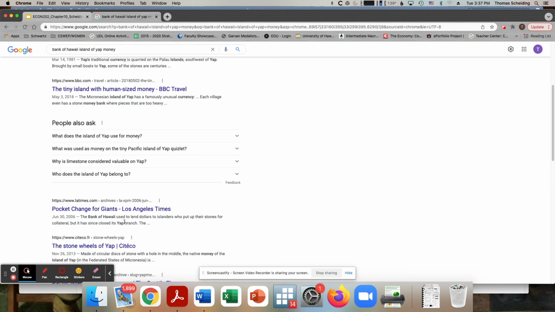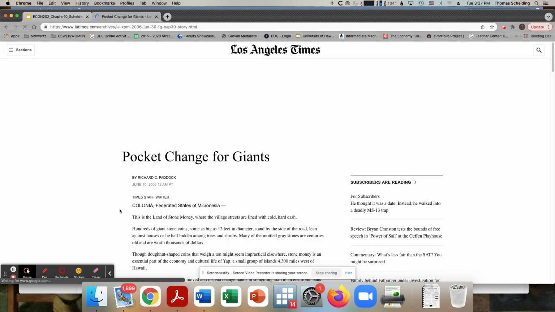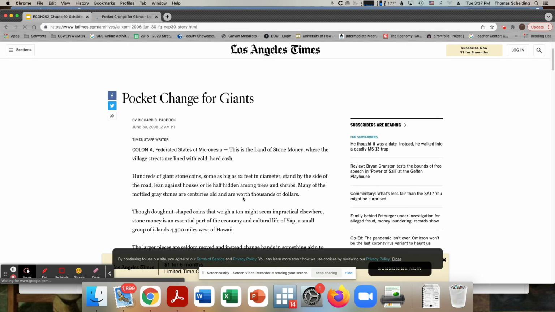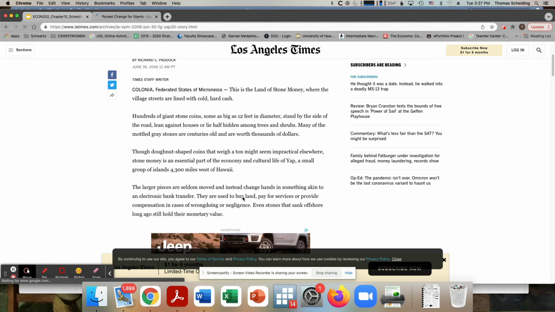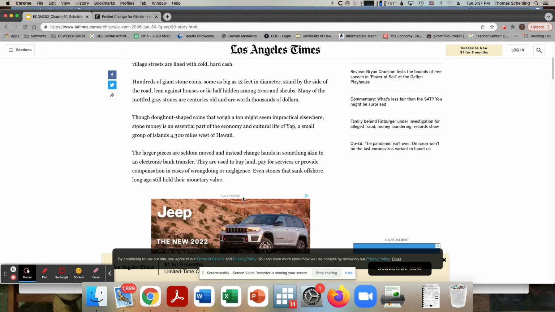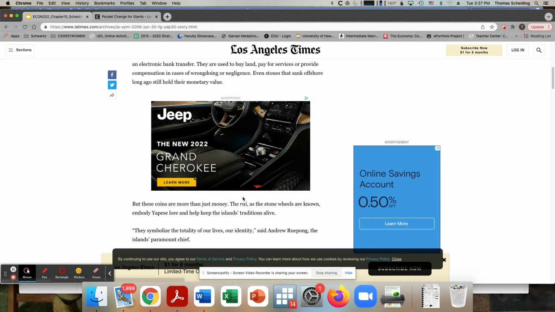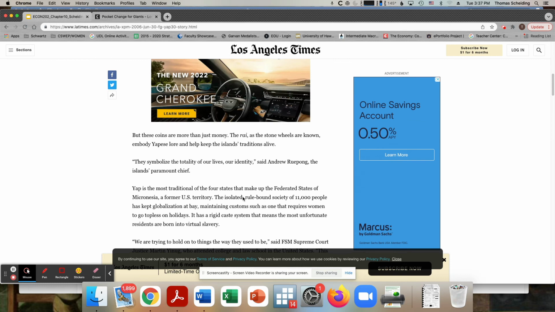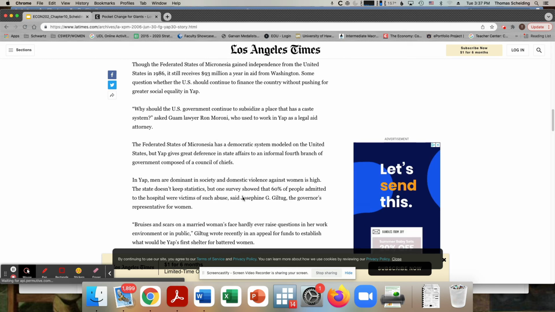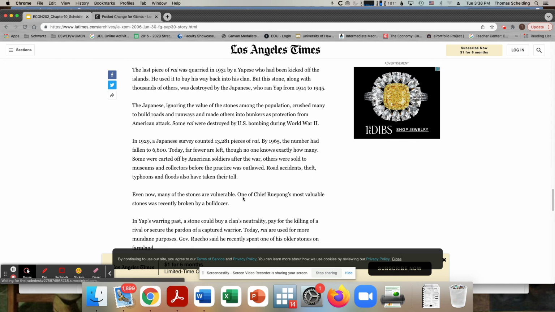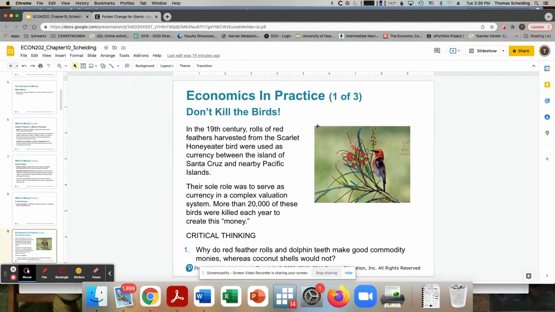Oh, interesting. That's very interesting. I'm just seeing this for the first time here. So, Bank of Hawaii, which would be my local bank here, actually had a branch on Yap, and individuals would deposit the Rai currency, and that would be used to generate dollars. Very, very interesting, huh? Okay.